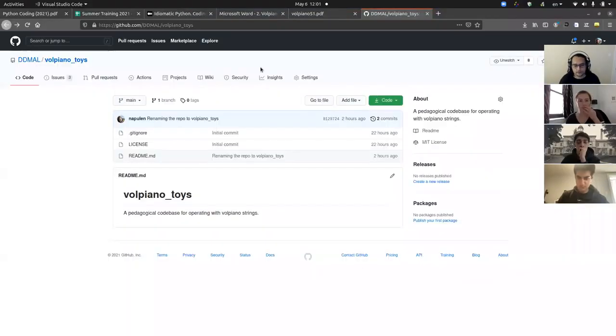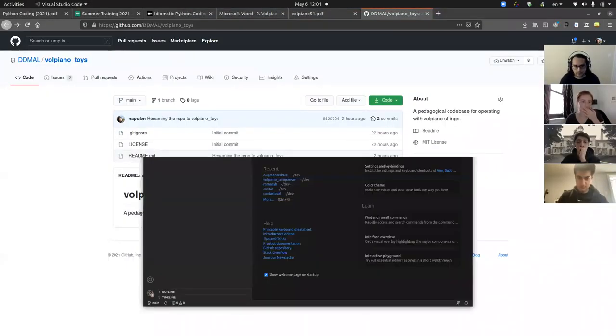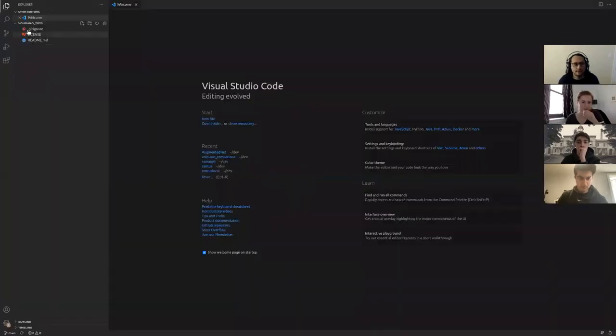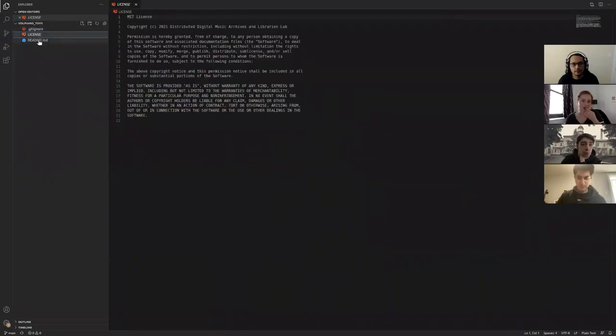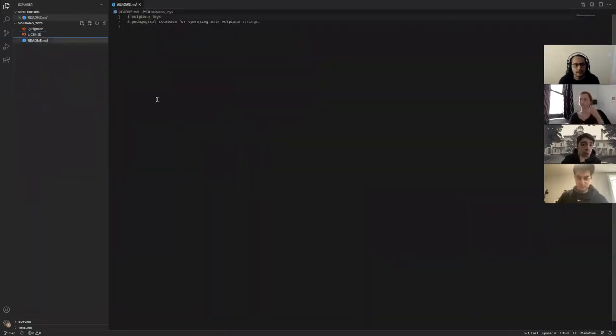It's going to open the Visual Studio Code editor within that folder, and it's here, Volpiano Toys. It has a git ignore, a license, and the README. That's everything it has. So the first thing that we want to do is to obtain the Volpiano strings from the Cantus database, right? And for that,